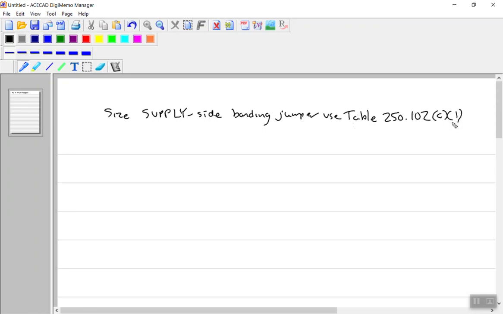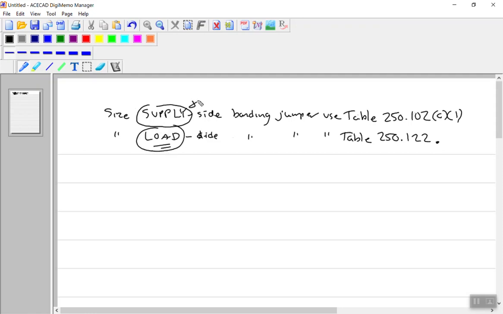And to size the load side bonding jumper, use Table 250.122. Very important. Two different tables. One is the supply side bonding jumper, and one is the load side bonding jumper. So this question is going to be talking about the supply side. But there are also times where we would need a bonding jumper or what's called an equipment ground. That's the other reason Table 250.122 is also used for